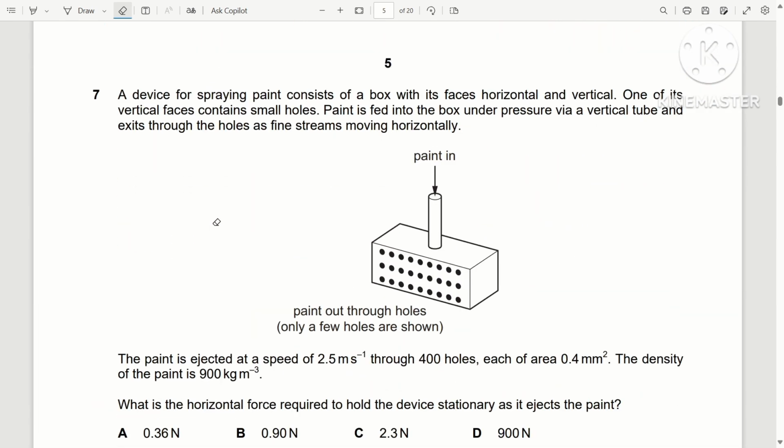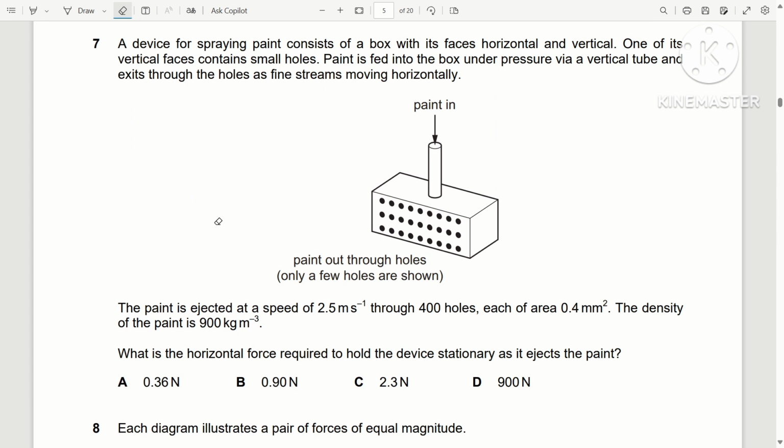Question 7. A device for spraying paint consists of a box with faces horizontal and vertical. One of its vertical faces contains small pinholes. So paint is fed into the box under pressure via a vertical tube and exits through the holes as fine streams moving horizontally. So paint is in, out. Paint is ejected at a speed of 2.5 meter per second through 400 holes, each of area 0.4 mm square. The density is given. You have to find it. So if it needs to be stationary, then the horizontal